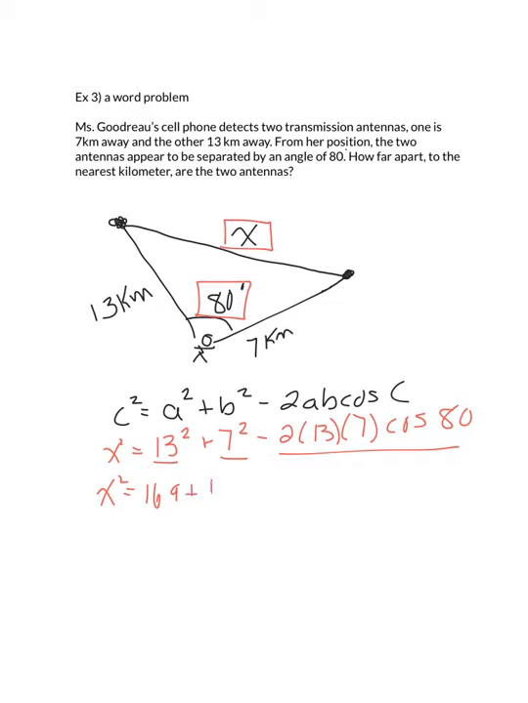Now again, you can go ahead and you can calculate all of these separately, and if you do, you will get 169 plus 49 minus 31.6039. And then if you go even further, you'll get x squared is equal to 180